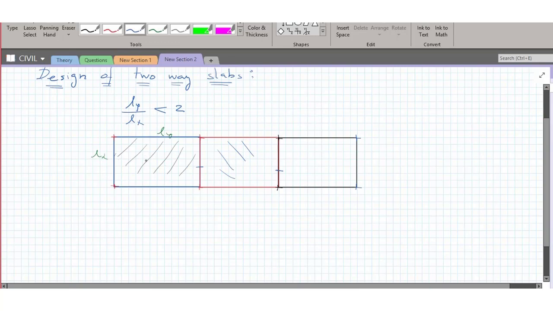So the moments which are going to act in this particular panel about the y-axis and about the x-axis are going to be different compared to this one. Say this is also having Ly, this is having Lx, the same span. This slab is also spanning Ly, and about the shorter span this is also having Lx. But the moment is going to be different in both cases. Why? It is different just because of the boundary condition.